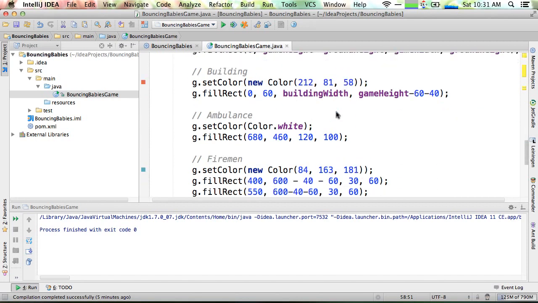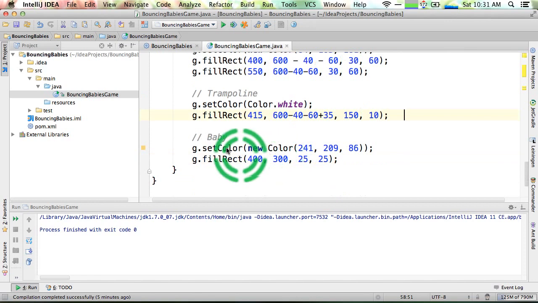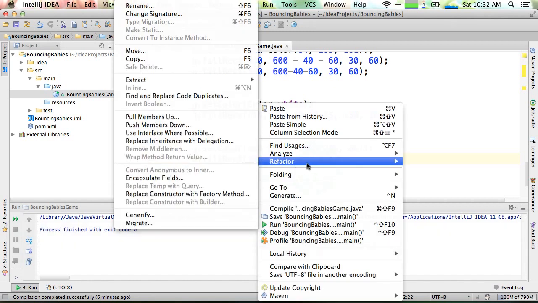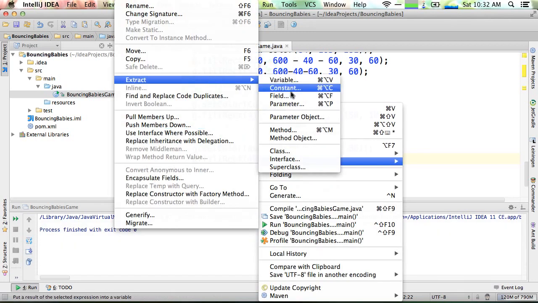So here's our baby. He is being drawn at 400, 300, and his width is 25 and his height is 25. So in order for the baby to move, we're going to need to change his X and Y position. So we need to make fields for both of these things so that the program can update them. So 400 will become a field with, let's see, we can right click here and say refactor, extract field,